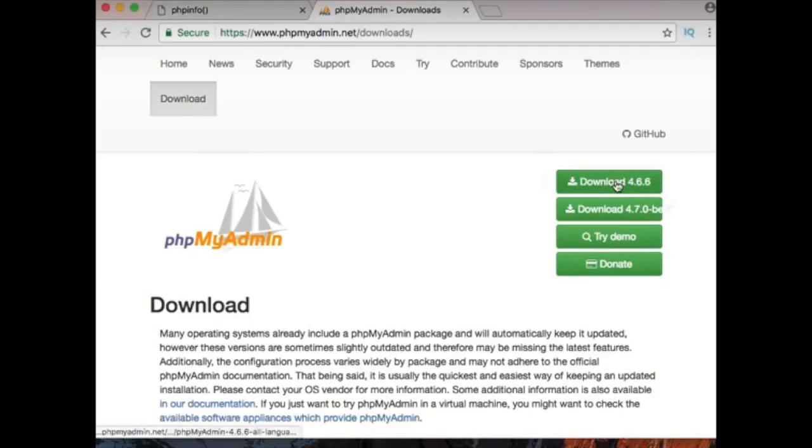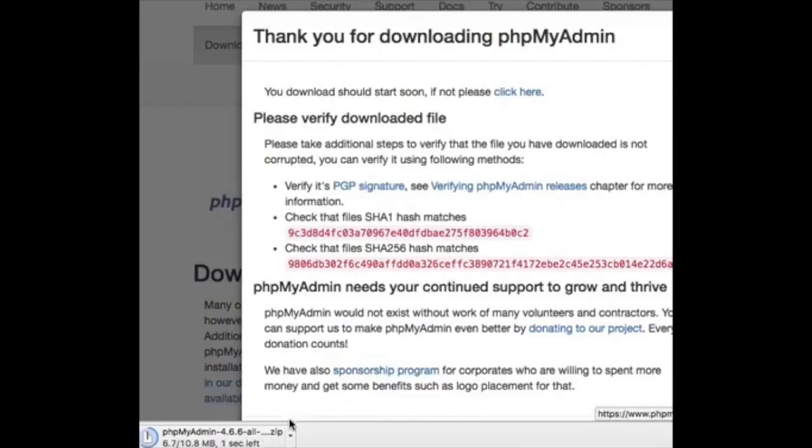For the start, go to the phpMyAdmin website, link in the description, and click on download. Once done, drag the zip file into our documents folder and extract it. Rename the folder simply phpMyAdmin. That's what you can later access with exactly that name. Now go back to your terminal and type in cd /Library/WebServer/Documents to get back to your web server folder, and then cd phpMyAdmin to get into the phpMyAdmin folder.